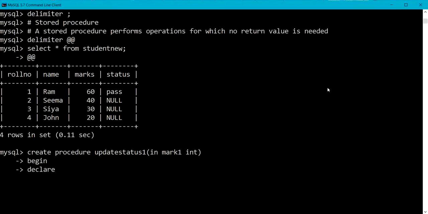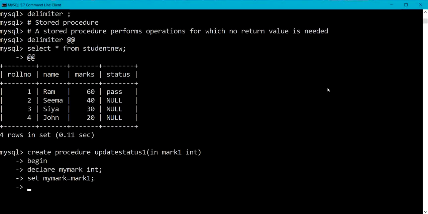So here I am declaring one variable, declare my mark of type integer. Next I am going to use set statement, which is used to assign a value. So here set my mark, where I am assigning mark 1 to my mark variable, which we are accepting through the procedure.